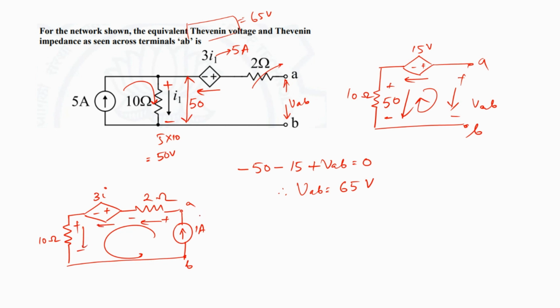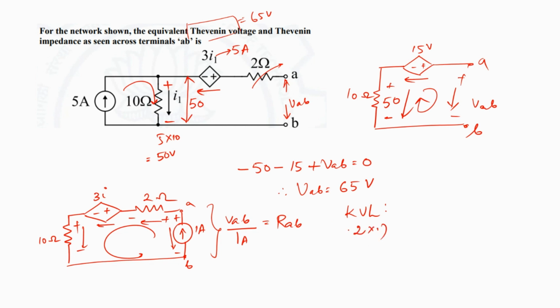What we obtain here is, if we are able to find the voltage VAB and divide it by 1 amp, then I will be able to get RAB. So that is the idea here. So what really is VAB, considering that this is plus and this is minus? This is the direction of drop of VAB. So applying KVL, what we get here is